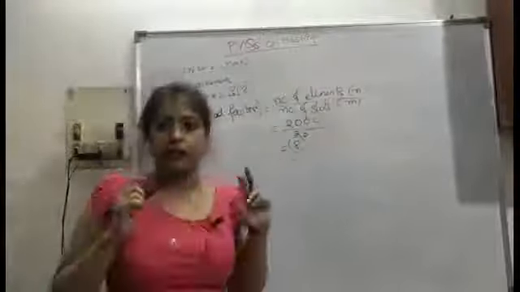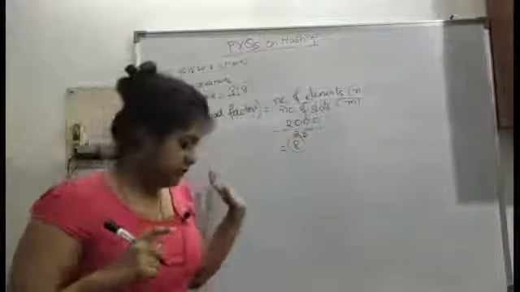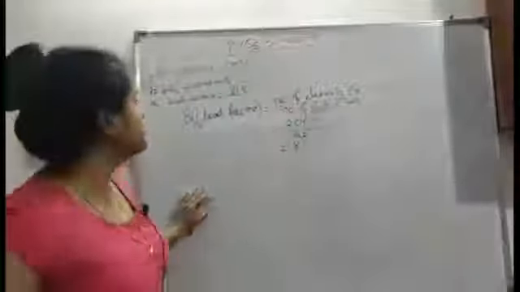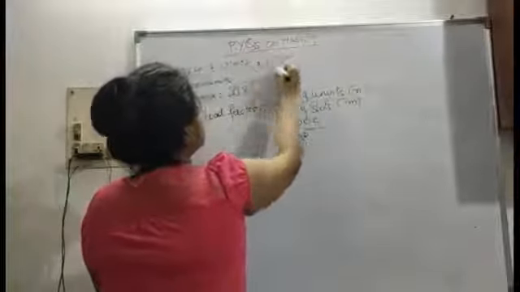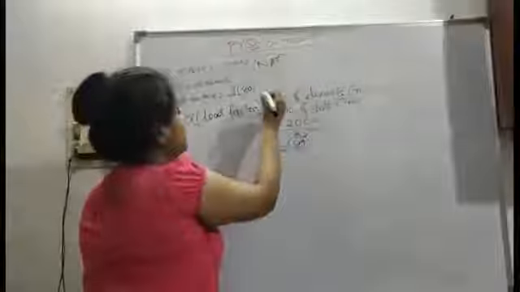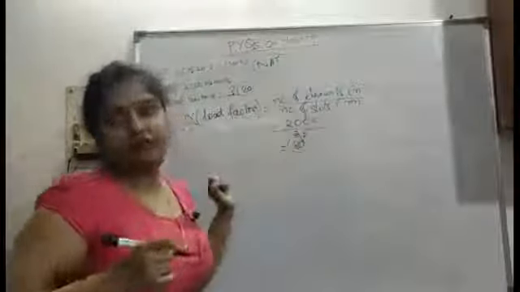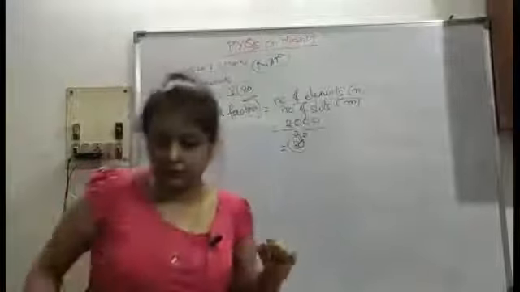It was a NAT question, meaning we have to put the value, no negative marking was there. Let me check, let's solve. So yes, it's a NAT question. So I'm so sorry, this is 80. Okay, 2000 by 25, sorry. So 80 is the answer, you have to put 80.